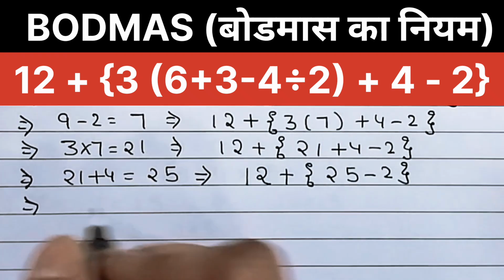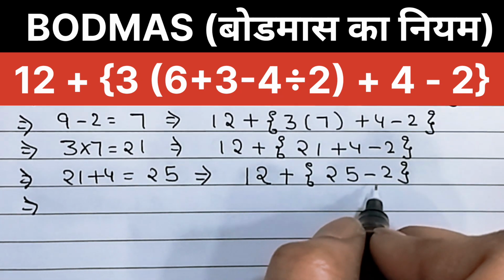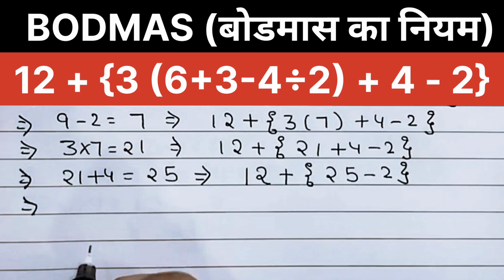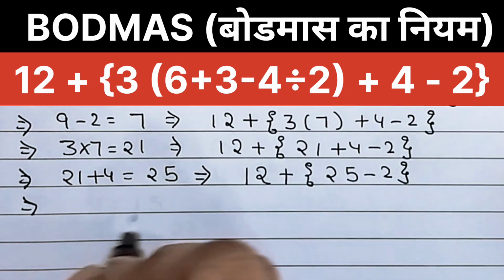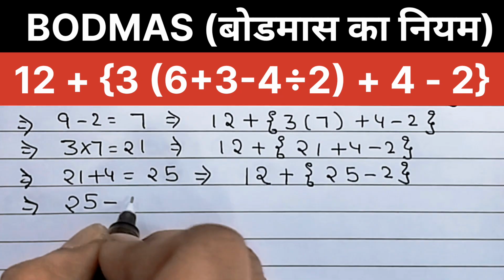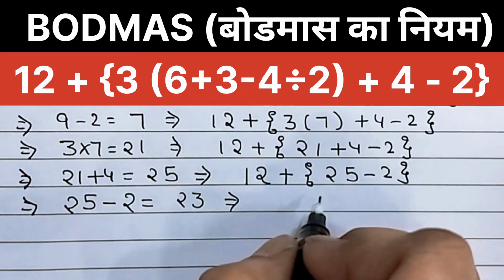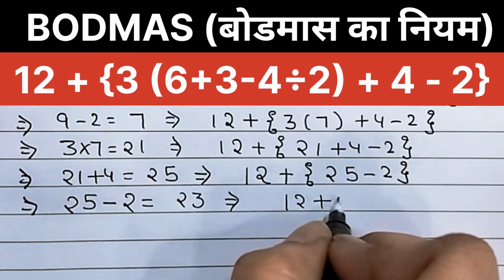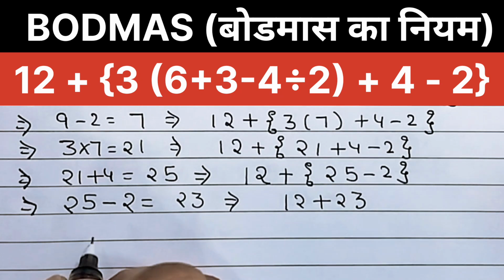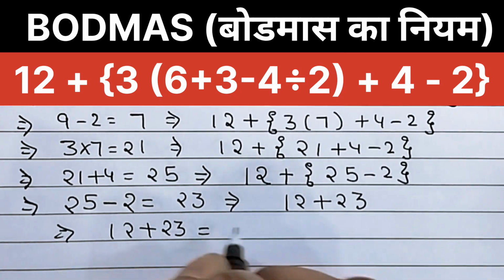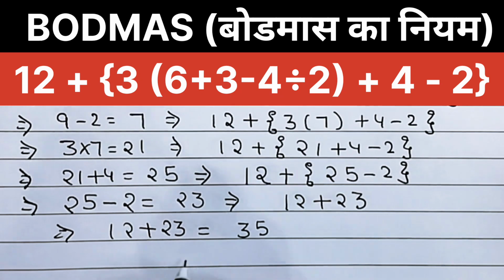Now step 6: solve the subtraction in the curly braces. To clear the curly braces, do the final subtraction to solve the bracketed term. Now 25 minus 2 equals 23. Now the expression becomes 12 plus 23. Now add the digits. 12 plus 23 equals 35, and this is the final addition outside of all the